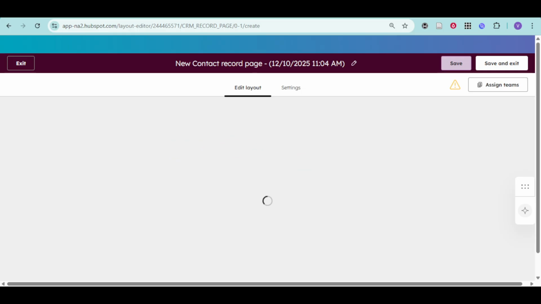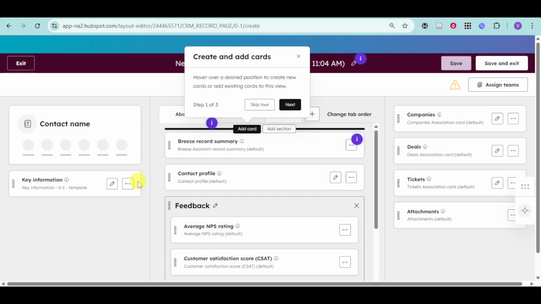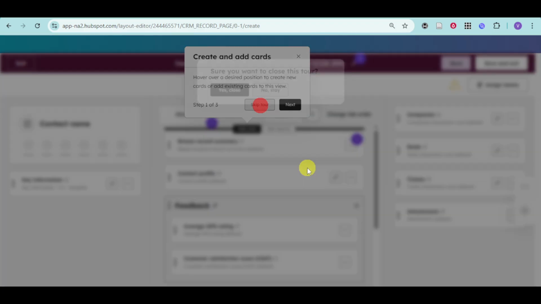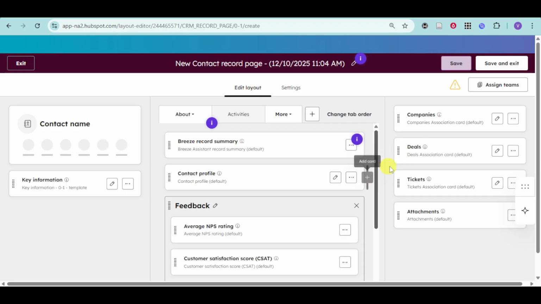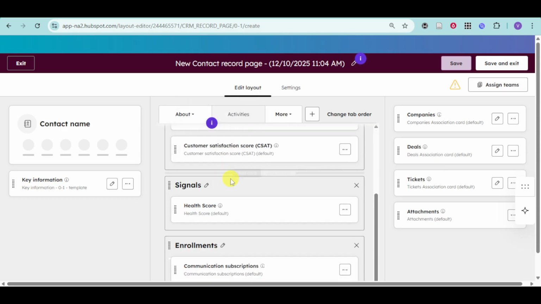In there, you can just edit the layout however you want. Choose right here the time range, add the card right there, and also just customize it according to your liking. So you can just add the card to the layout right there, and once you're done, just head over and